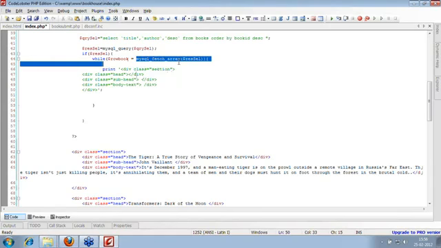Now, because whatever it has been fetching, we are storing into this array, the row book array. So I can fetch the values by row underscore array, row book, and that we can do it using the concatenation operator, that is dot, and the dot to again connect to the next string. So here dot and then $row book. This is an array, so I need to know the element name. So element name would be the same as our field name into the database. So here my first thing is title. Now this is the first element. The same way I'll be having the second element and the third element.